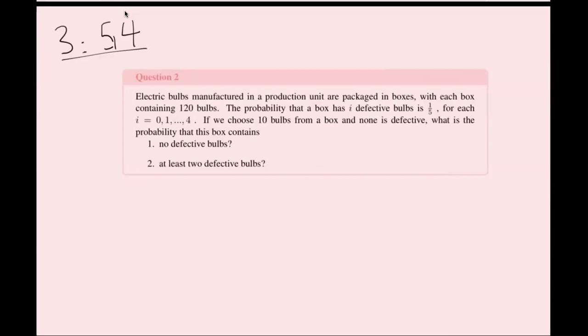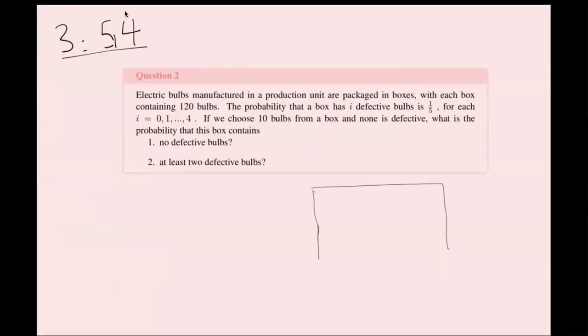So what we are having here is, let's say it is our sample space. And it is partitioned based on the number of defective bulbs inside each box. So let's say this is where,